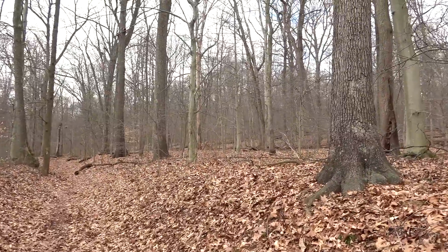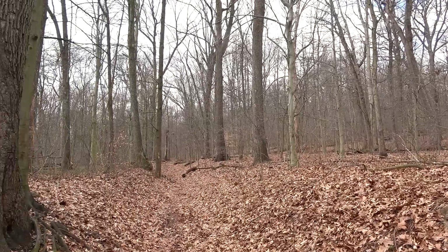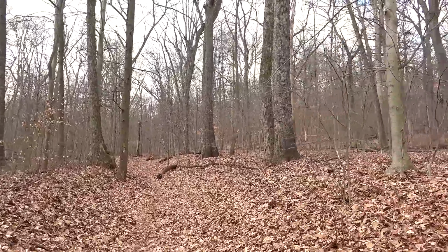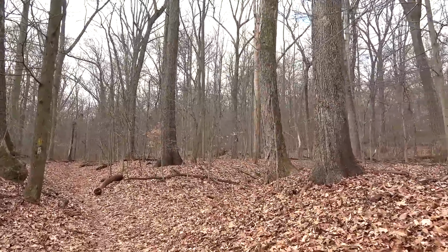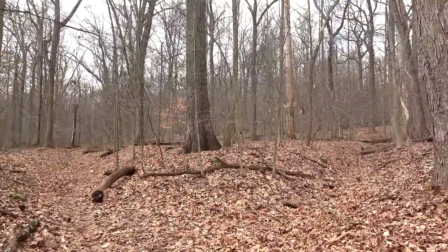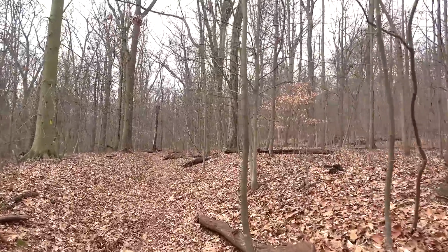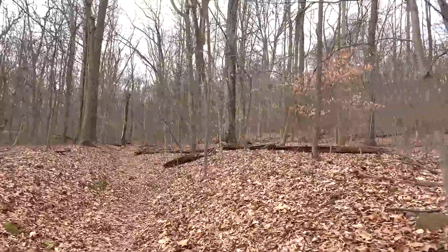Yeah, just another quiet, calm winter day out here in the woods of Pennsylvania. Just saw that woodpecker making some noise earlier. But that's the way it is. You know, this is midday. It's almost 12 o'clock here in the woods of Pennsylvania. In the winter, it tends to be pretty quiet. Doesn't mean there isn't any wildlife out here. I've said in the past, a lot of times wildlife is active in the mornings and late afternoon more so